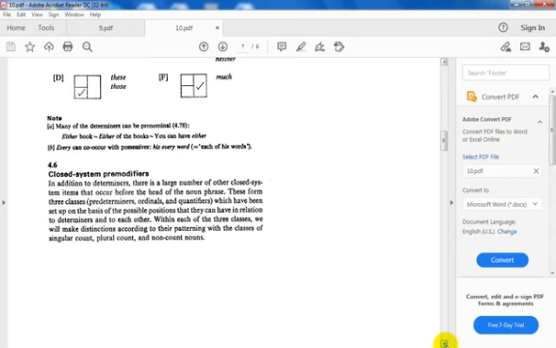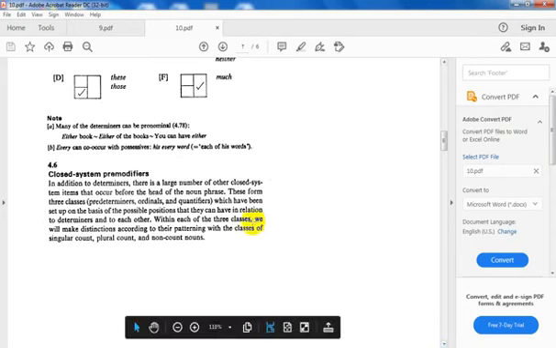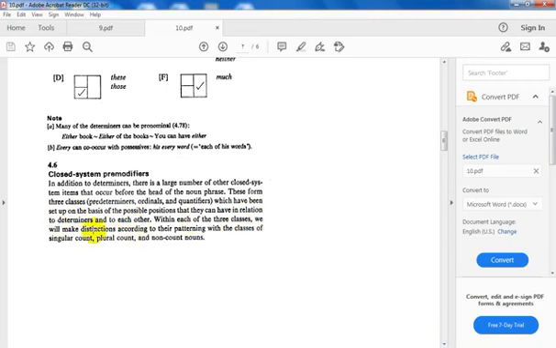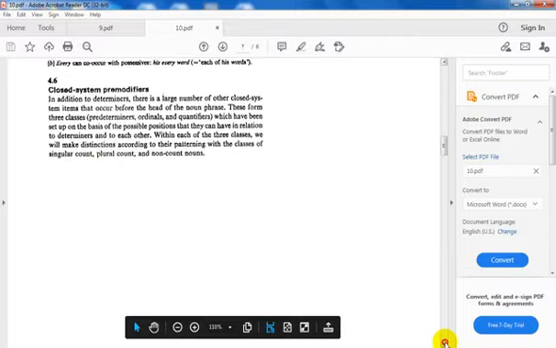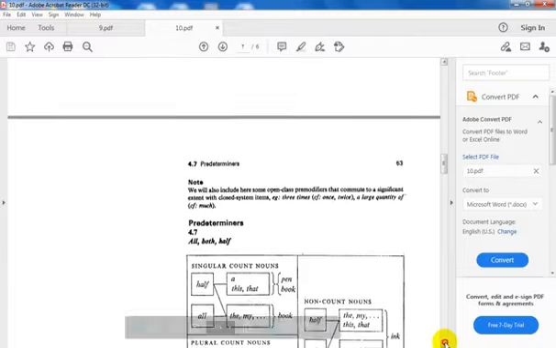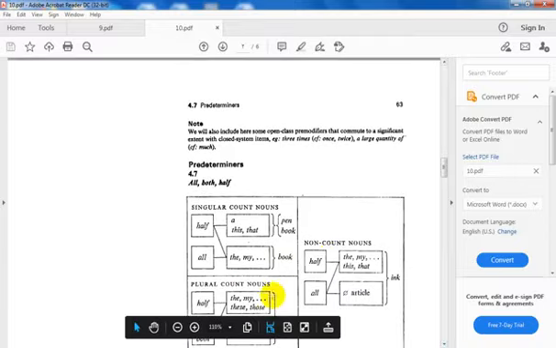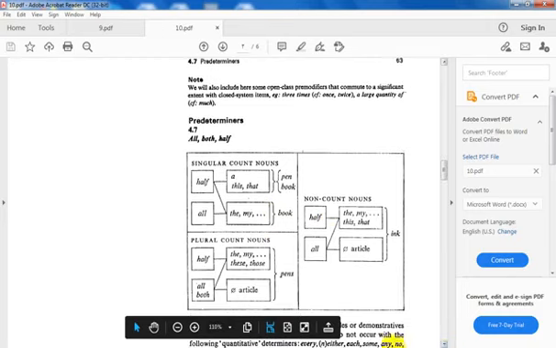And I have the ordinals and the quantifiers, which have been set up on the basis of the possible positions they can have in relation to determiners and to each other. Within each of the three classes we will make distinctions according to their patterning with the classes of singular counts, plural counts and non-count. As I told you, we will work on this box. We have enlarged the box, it is the same one, and we will stop at